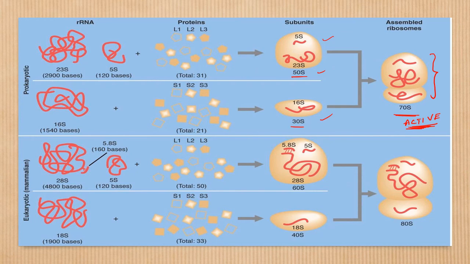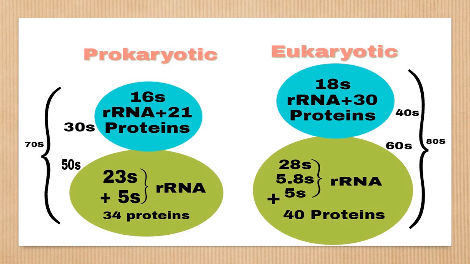And similarly, the smaller subunit 40S consists of an 18S RNA unit and 33 ribosomal proteins. Both subunits are assembled only during the active state, that is during translation, and otherwise they dissociate and are present as two separate subunits. And this is a simple representation of the prokaryote 70S ribosome and the eukaryote 80S ribosome.